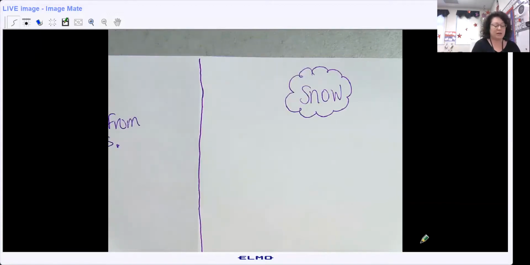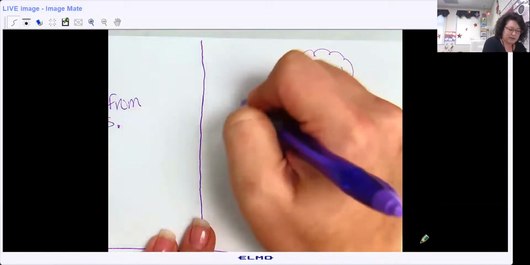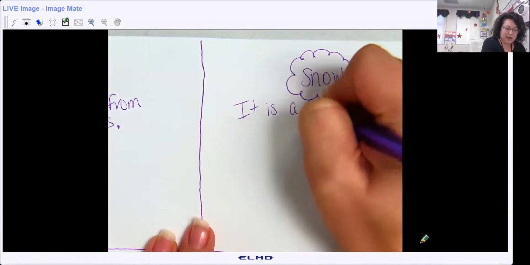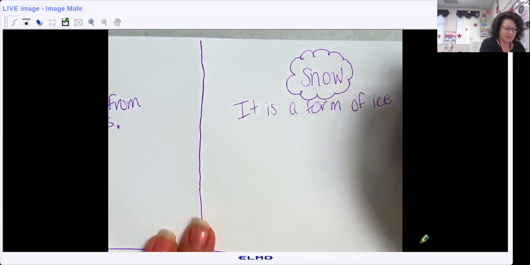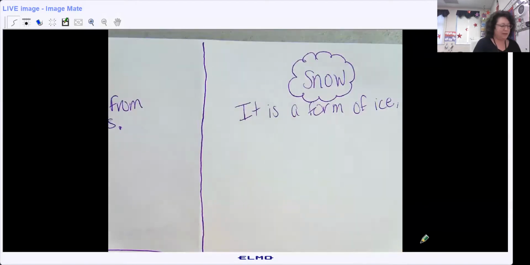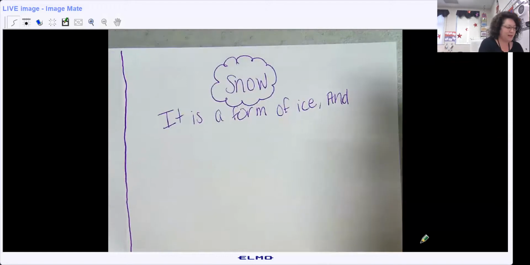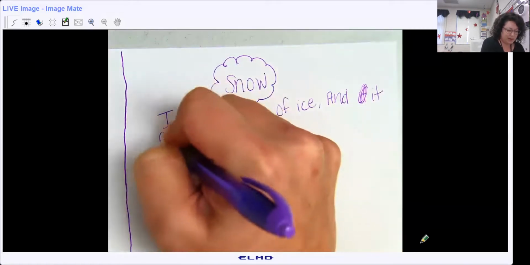Piles and feet and ugh. And snow is a form of ice and it forms